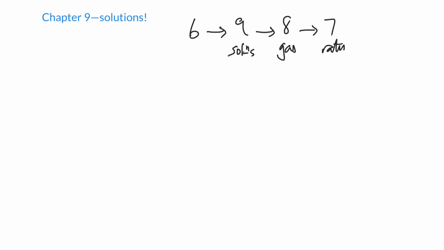Welcome to Chapter 9. The last chapter we talked about was Chapter 6, which was chemical equations and stoichiometry, percent yield. And you might think, well, why not 7, then 8, then 9? Well, it turns out it makes more sense if we do 9, which is solutions, and then we can do 8, which is gases, and then we're going to do 7, which is the rates of reactions and things like heat of reaction as